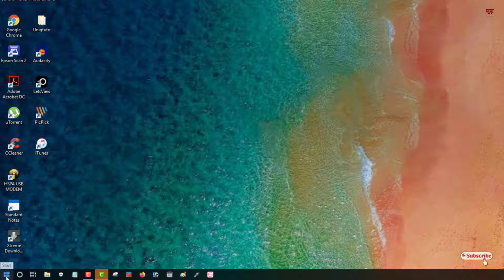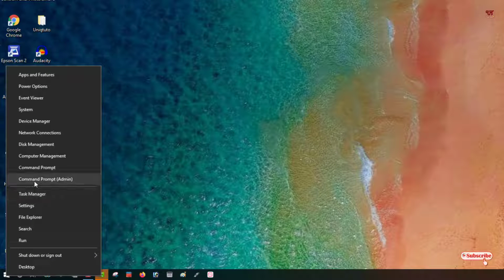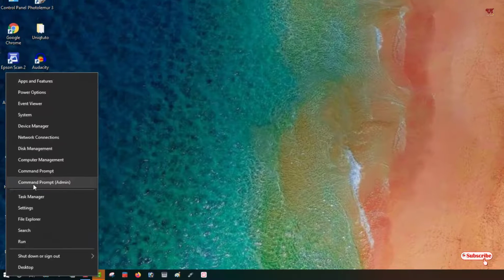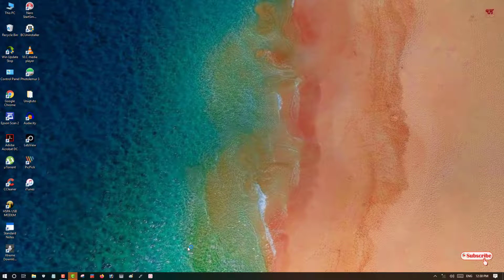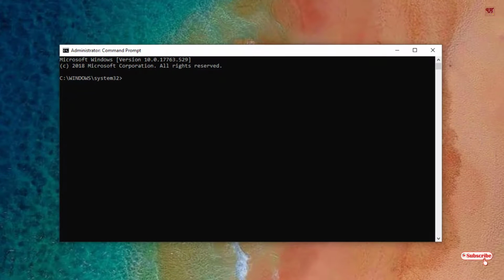Now once again move your cursor to the start menu and right click. Now you can see Command Prompt (Admin), just click it. Now you can see the command prompt. This is the command prompt running in administrator mode. Now to check the disk error, what you need to type here is